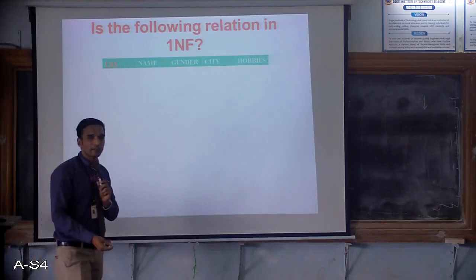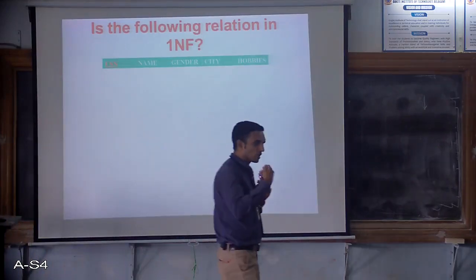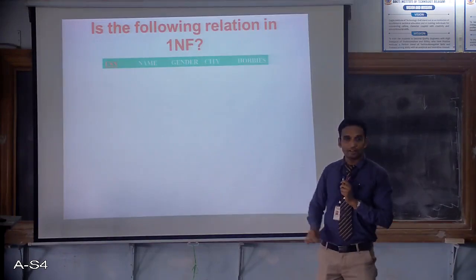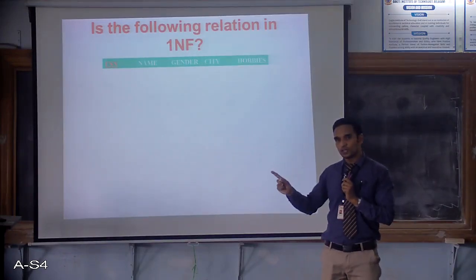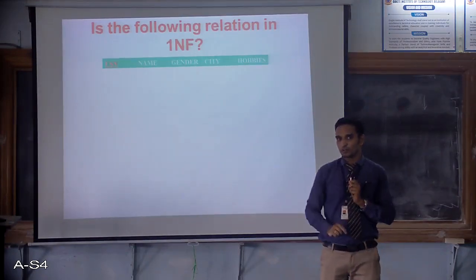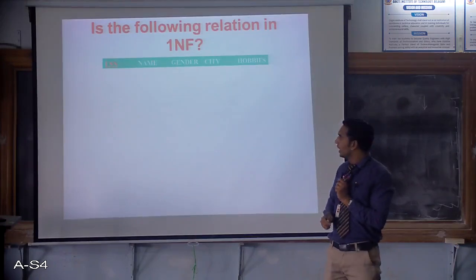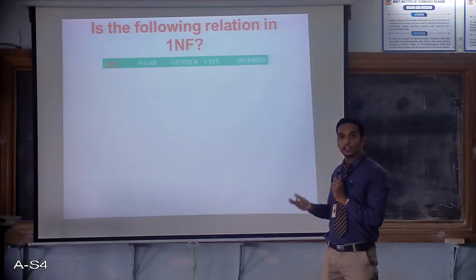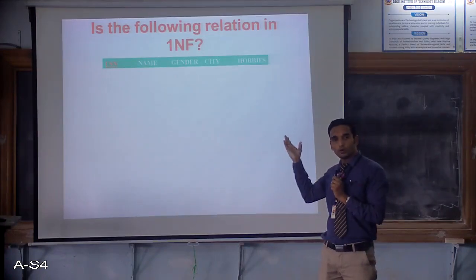Now how should I verify is looking at the values for each attribute. Students will have a unique USN. Yes, it has a scalar value. What does first normal form say? A table is said to be in first normal form if all the attributes have scalar values, single values. Yes, USN fine. Name also okay, single name. Gender, yes. City, yes. There is an attribute known as hobbies.